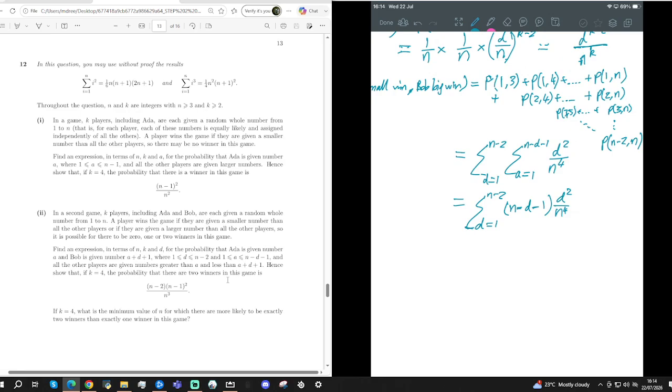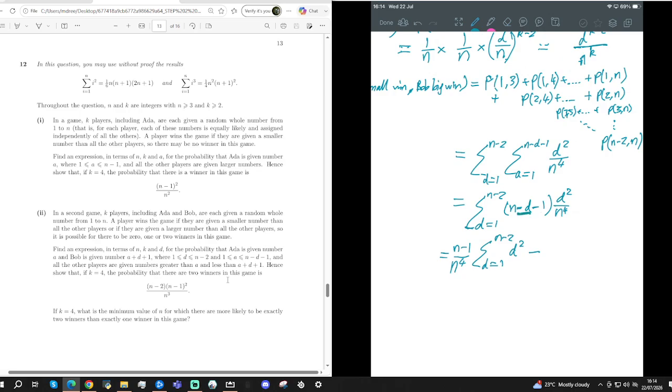And now I'm summing over d, which is actually a lot more complex than it originally appears, because I've really got 3 summations going on here. So I can definitely factorize out the n to the 4. I'm actually going to put it as 2 different summations, not 3, depending on the type of d term that I have. So the n and the minus 1, I can factor out the n minus 1. That's going to be the sum of just d squared. And then we're subtracting